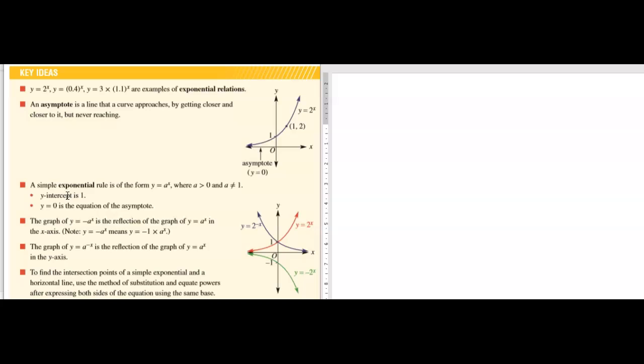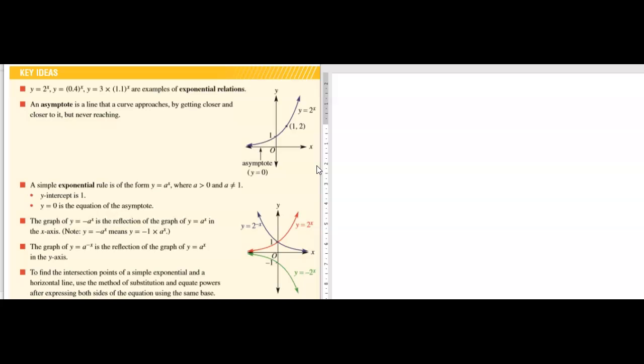So I'm just going to go through some of the dot points just to explain some things that you may have never heard of before, especially like an asymptote. So the first one, y equals 2^x, y equals 0.4^x, y equals 3 times 1.1^x. They're all examples of exponential equations. So if your unknown or your x variable is a power, it's an exponential equation or relation. An asymptote is a line that a curve approaches by getting closer and closer to it, but